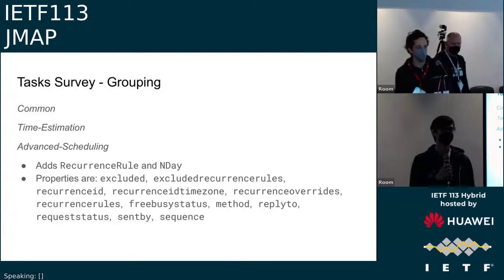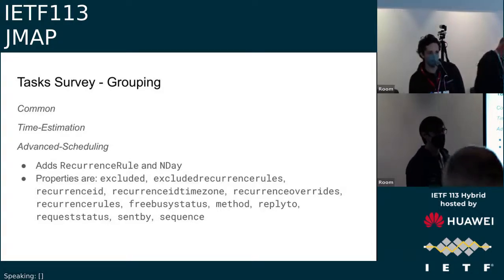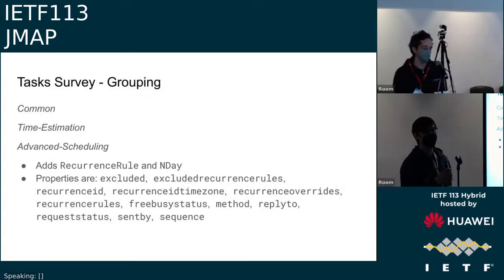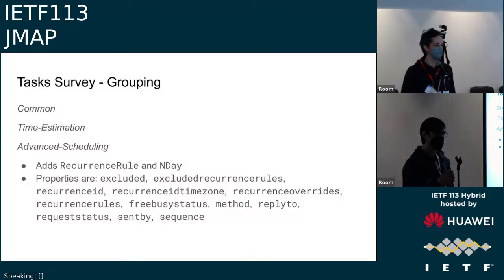Okay. So if that grouping comes, then I would suggest to also introduce a new set error for a task set, so that you don't have an invalid properties error, which might not be appropriate because the system most likely will know about the property but decides not to implement it. So probably a not supported set error that might even give the required capability would be a good thing, but I would just suggest to use a set error that can be discerned from a regular invalid properties error.